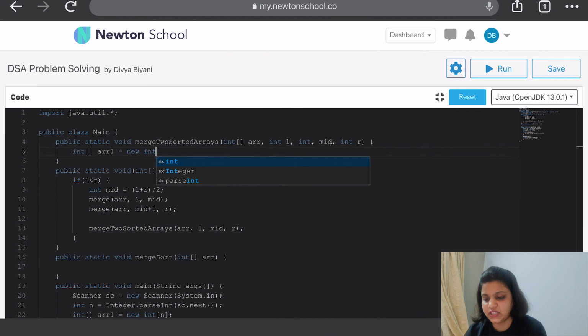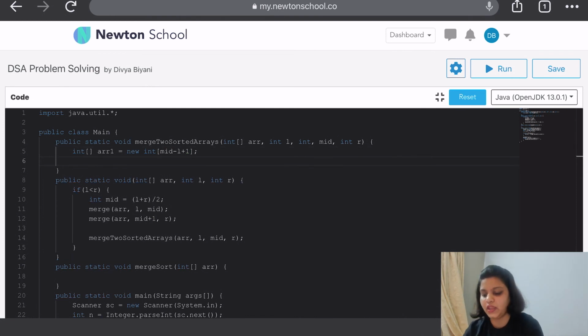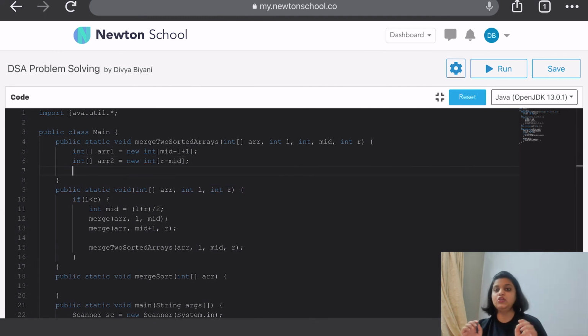Array 1 will be of size mid minus L plus 1, which will consist of elements from L to mid, and array 2 will be of size R minus mid, which will have elements from mid plus 1 to R.